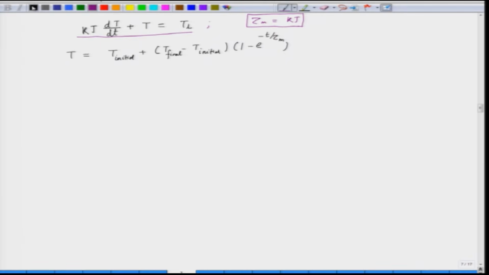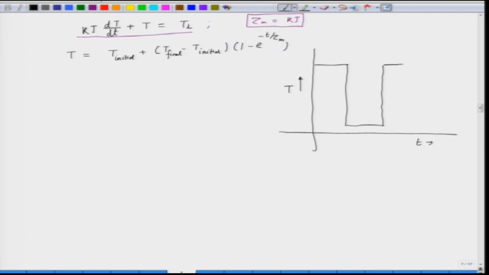If we go back to our pulsating torque that we have drawn previously, we can draw it once again. This is the pulsating load torque, which has a high value and a low value. This is the high value T L H and this is the low value T L L, and what we want here is that the motor behavior should be like this.